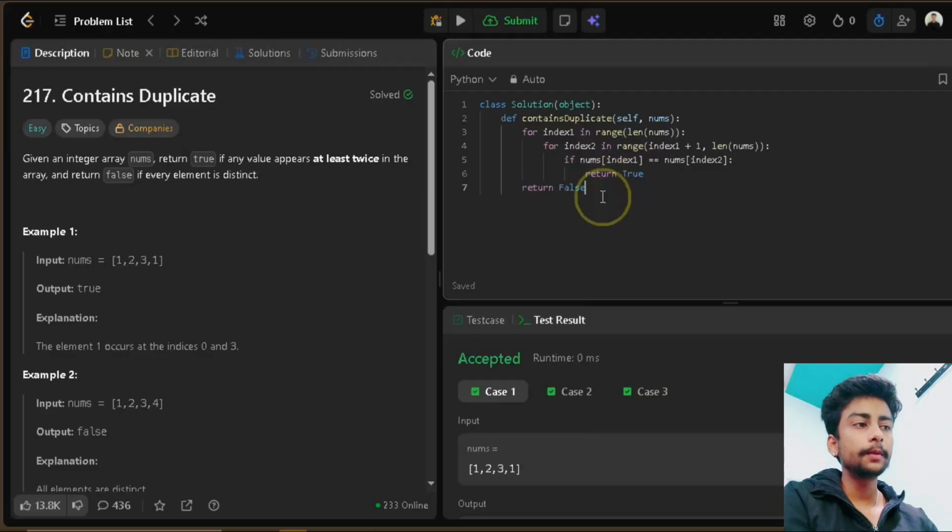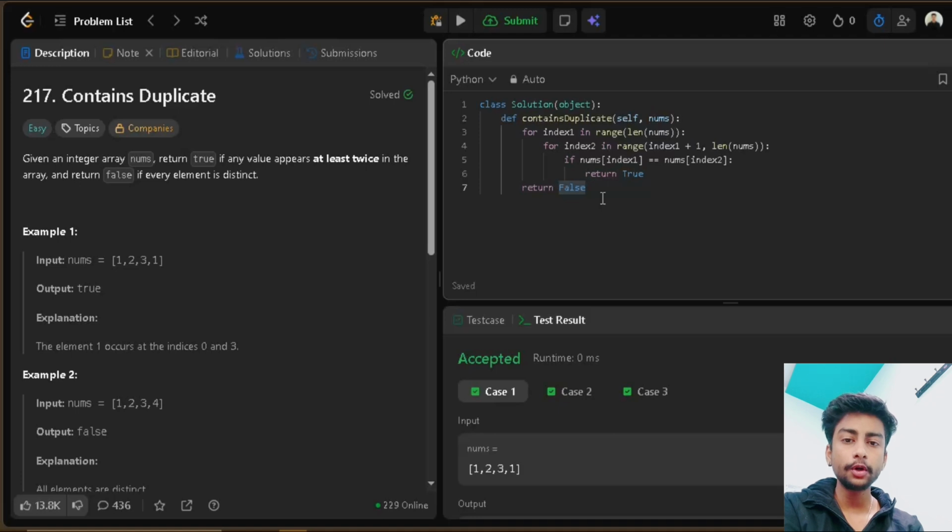So there is a problem in this solution. The problem was that we used two nested loops and it could be very slow. So we will optimize this solution by using a hash set. The reason I am using a hash set is because I just want to store one value, just a value, not the index of it. If I have to store the index and value both, then I would use a hash map, but here I would use a hash set. Let me show you with the